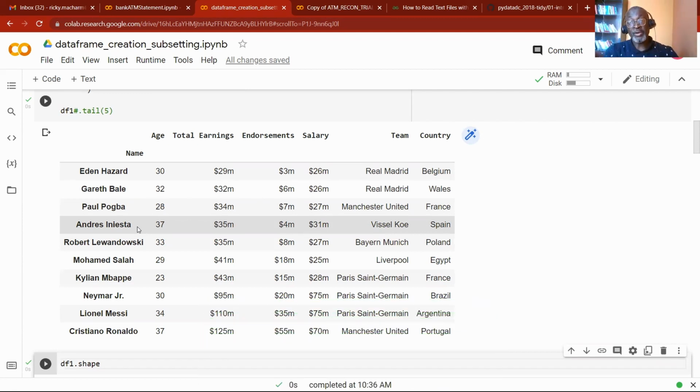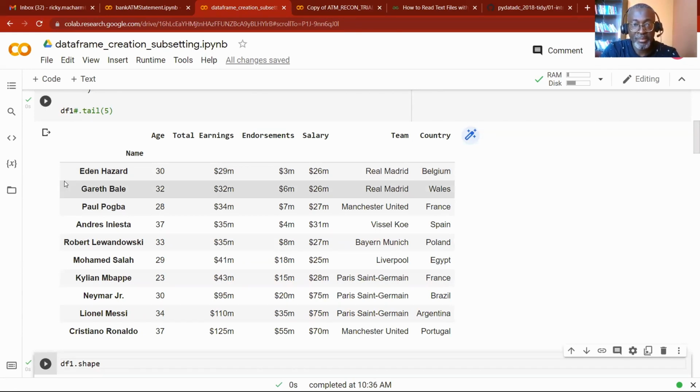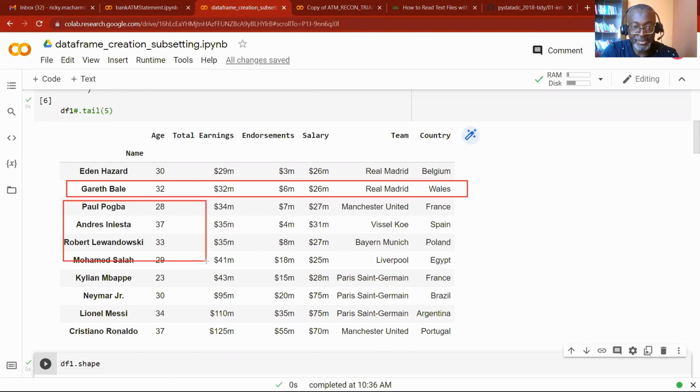So if I want to access each line, each entry, based on the label names, all I need to do is to use the name of the player I want to see. Let's assume I want to see Gareth Bale. I use the LOC function, if you remember from the last video, and put the name Gareth Bale here. That's going to give me everything about Gareth Bale. All of this will come out. If I chose a couple of names,